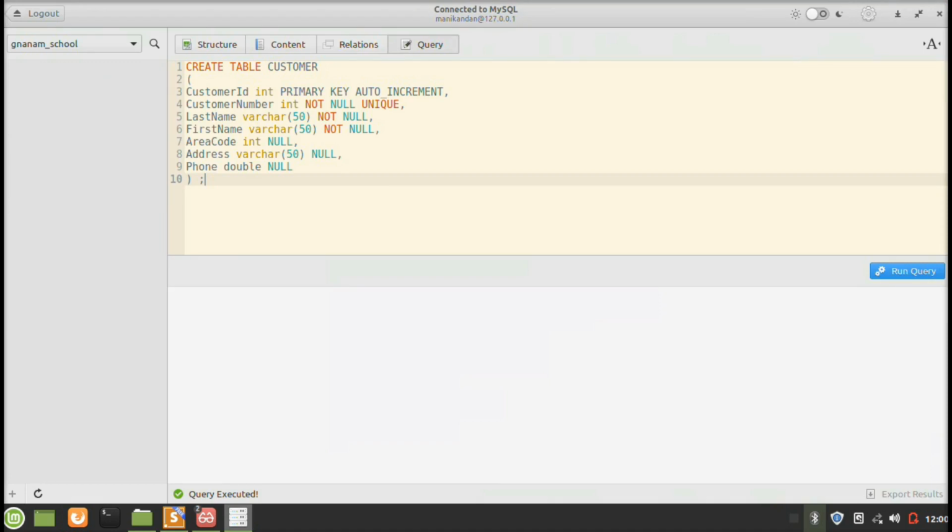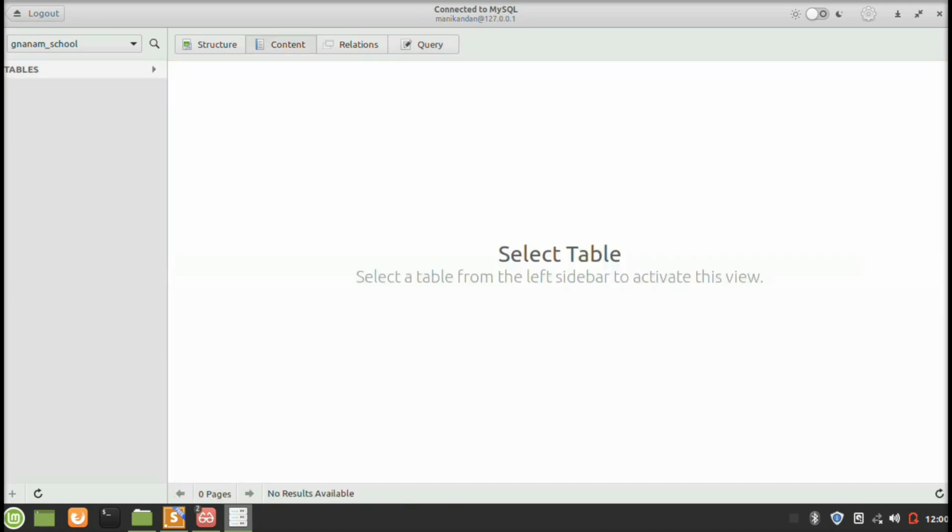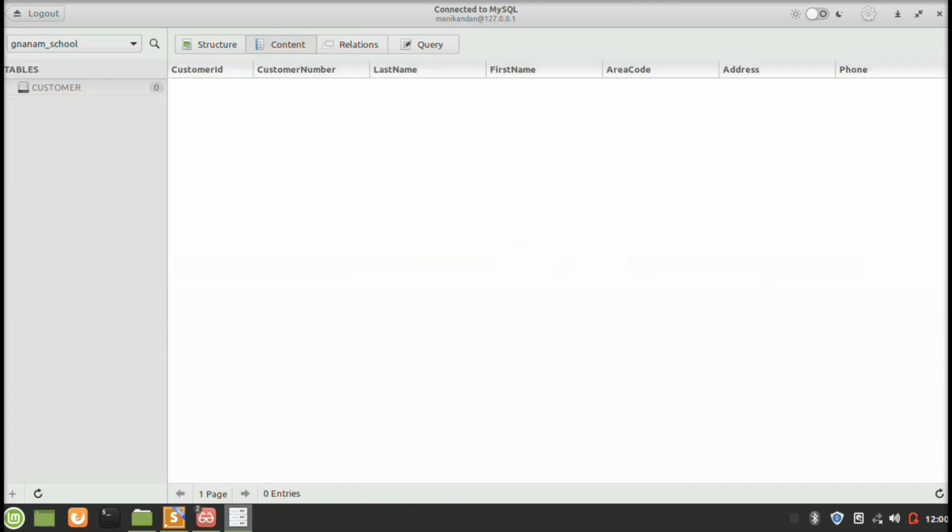Here I am going to create the table customer in the database Jnanam School with all these fields. By clicking run query, I can execute the query so that the customer table is created in the database. I can see all the columns here: customer ID, customer number, last name, first name, area code, address and phone for the table customer.